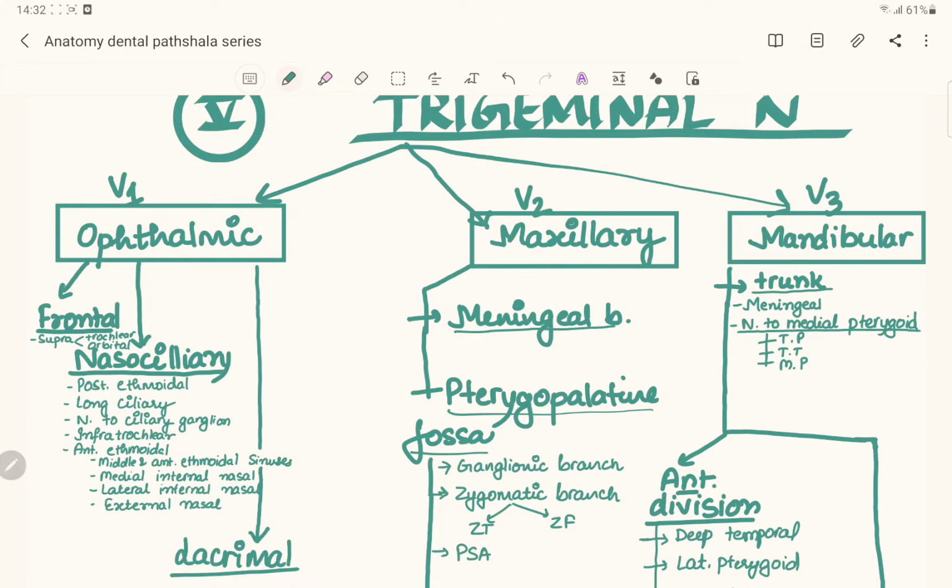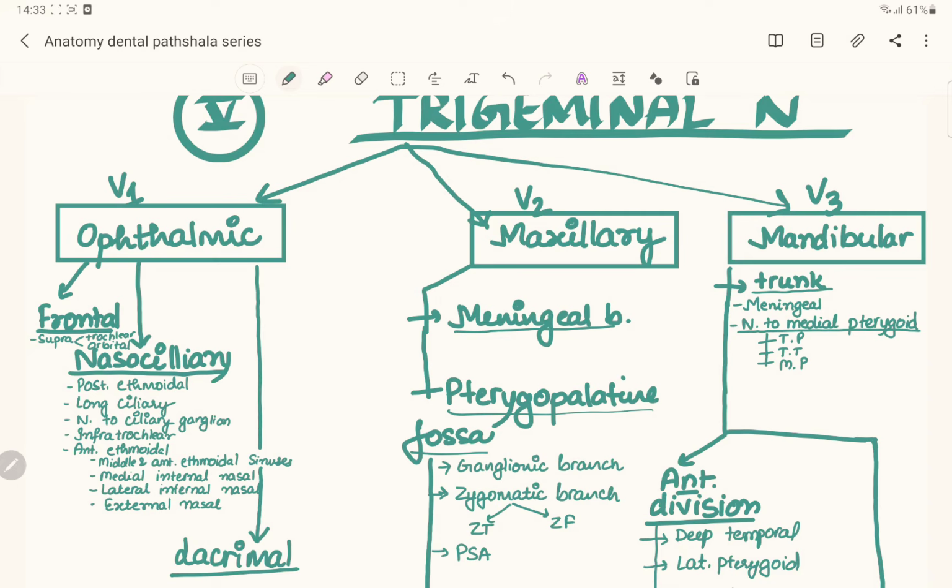The second branch of the ophthalmic division of the trigeminal nerve is the nasociliary. The frontal is the one which is present medially. You can remember L for lacrimal, L for lateral. So the nasociliary comes in between the frontal and the lacrimal. Again, we have studied this. This is the nerve which passes through the annulus of Zinn. If you remember the mnemonic, LFT nerves lie outside the annulus in the superior orbital fissure.